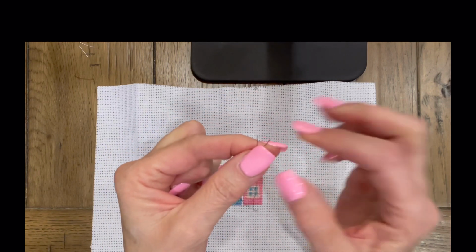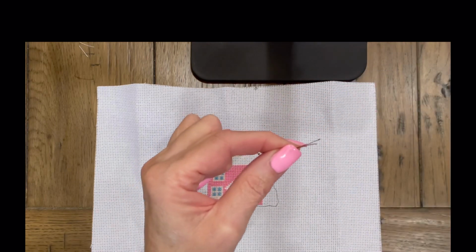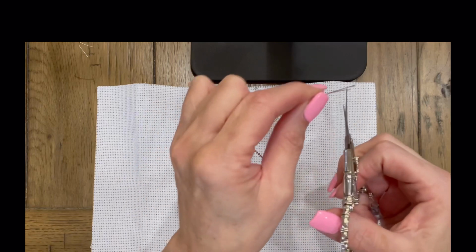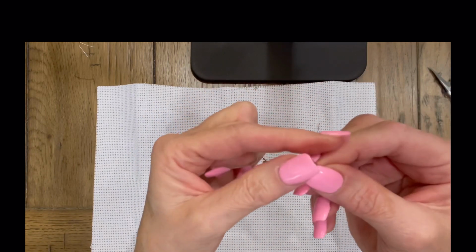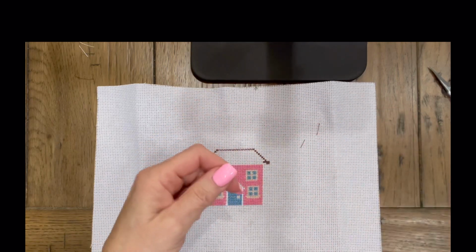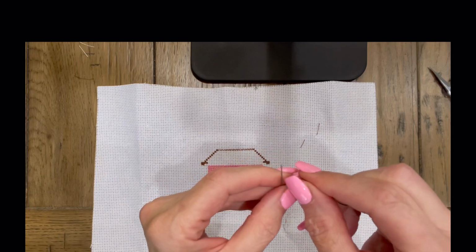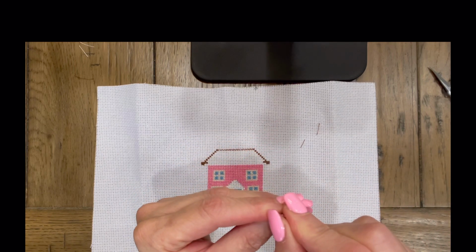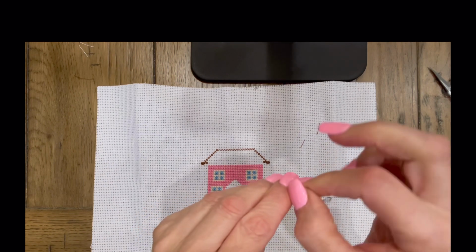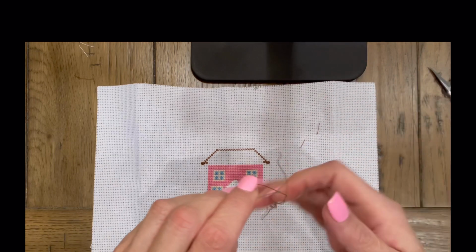Now, if you have a little bit of fray on any of your ends, before you try to thread your needle, I always take my embroidery scissors and just give it a quick little snip, which gives me a nice clean end and makes it much easier to go ahead and stick these two pieces right through the eye of my needle. So thread your needle any way that you normally would, whether you use a needle threader or you just kind of